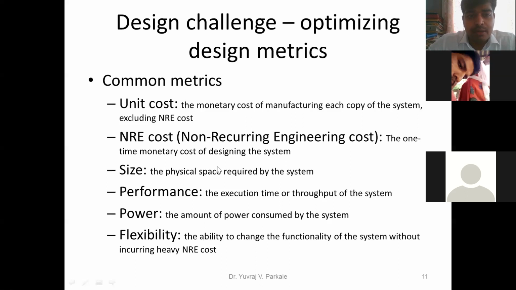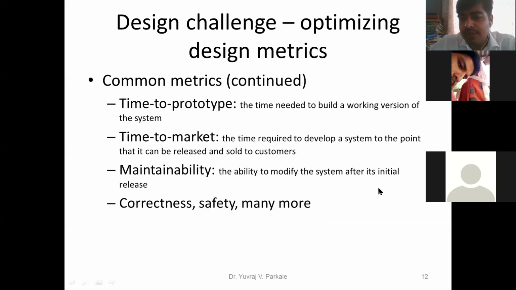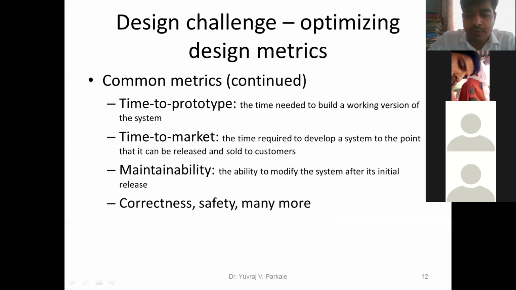Now there is a very important term, called time to prototype. So what is a prototype? You have heard this word many times.